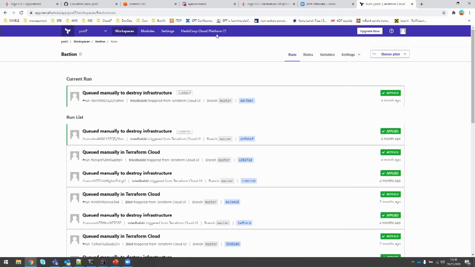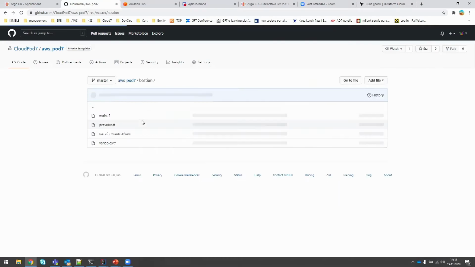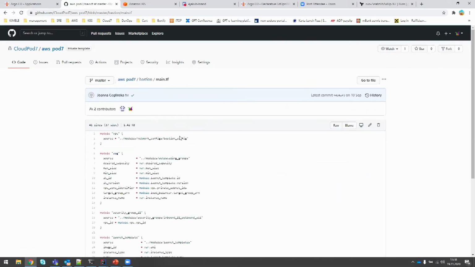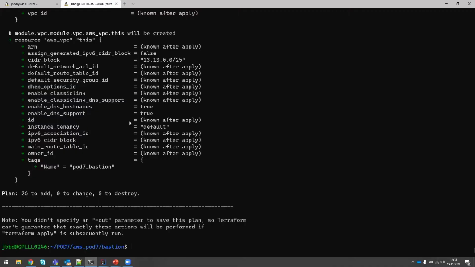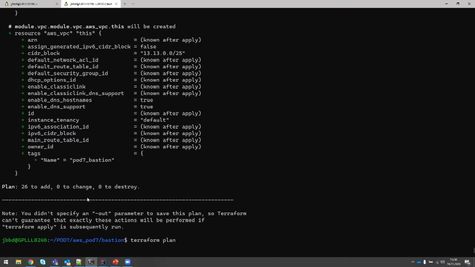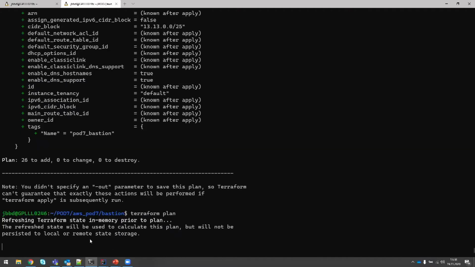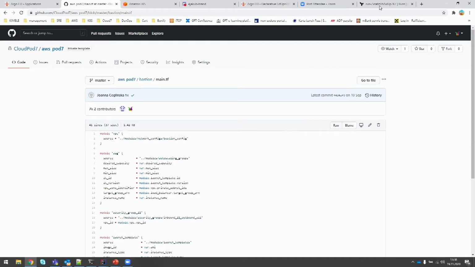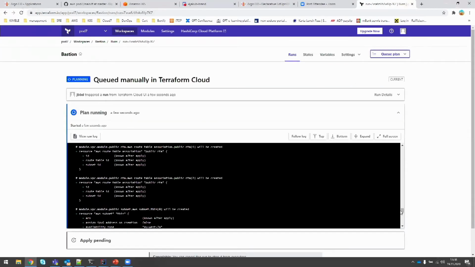So basically, when I go to the plan and I try to just run this Bastion, what it will do is just take the code from the Bastion and have a look in the main file. It will actually download all the modules, and definitely it will try to do the same thing that you would do locally. So instead of using Terraform init and Terraform plan here, it will do it for you in the shared location, right? How long will it take to make a Terraform plan for it? A few seconds, most probably, but let's have a look how it will do it. Yeah, so give it a go.